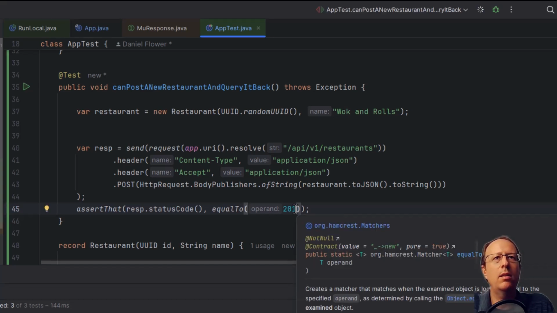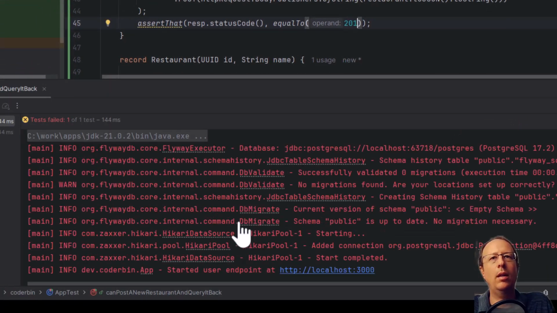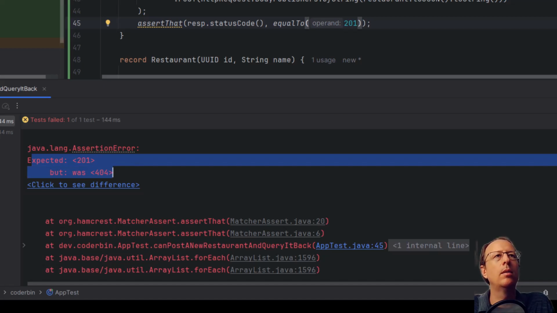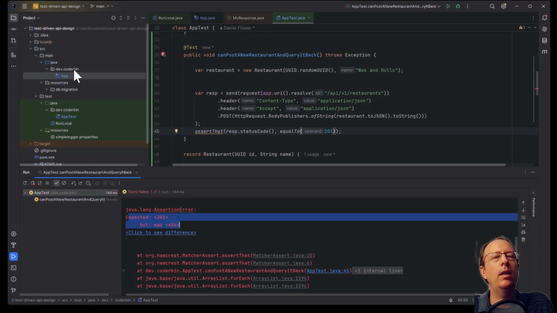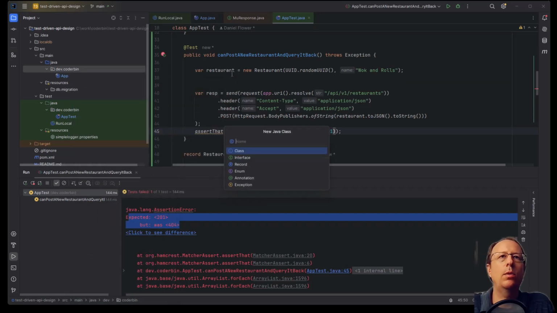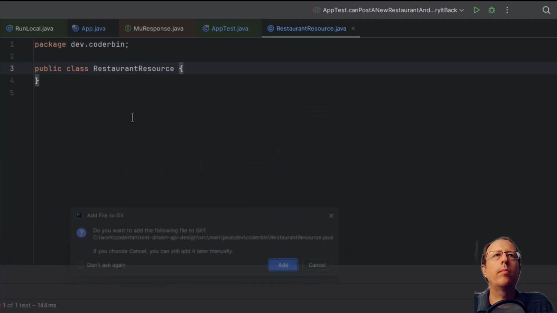I'm going to run this test. Okay, and we expect it to fail. It's a 201. So let's start by defining a restaurant resource. We're going to use JAX-RS. So we create a new class, restaurant resource.